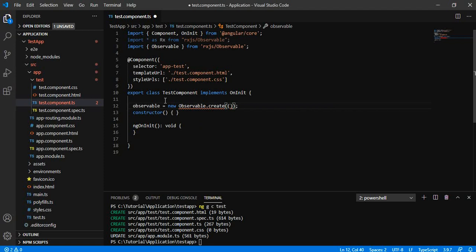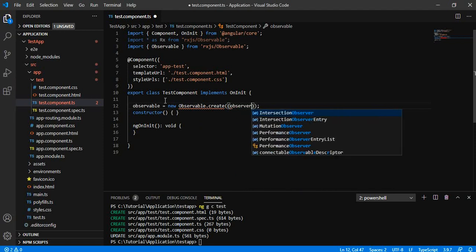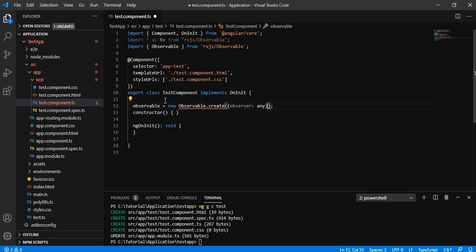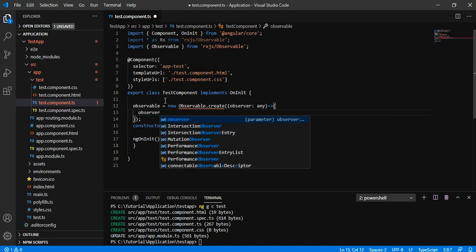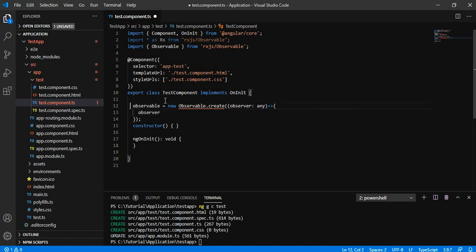Inside this we will define how we will send the value to the subscriber. We will be using the method next. Let me delete the new. We will be using dot next in order to send the new value to the subscriber.